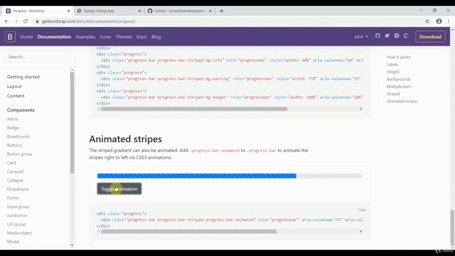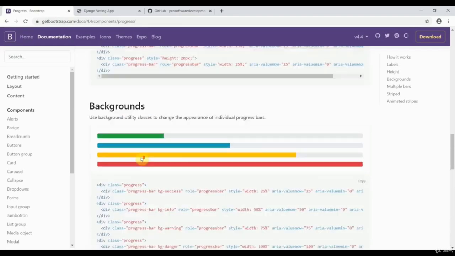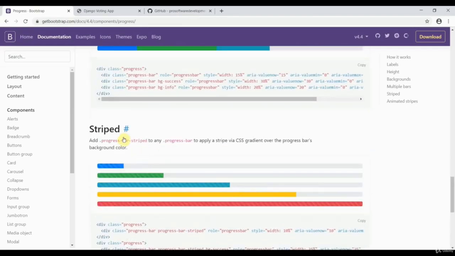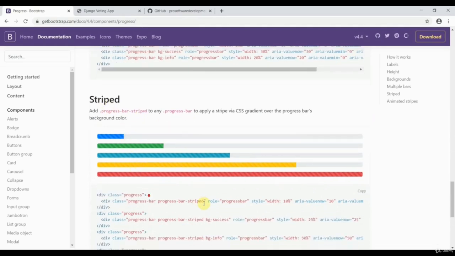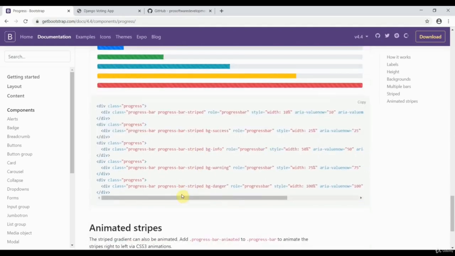Even here you can see toggle animation. Okay, so here it is moving, a little bit of moving stripes. Here you can see this is again a class of striped colors in which you have blue, green, warning, danger. Here we added the same classes on the button as well, danger, warning, info, corresponding to the colors.